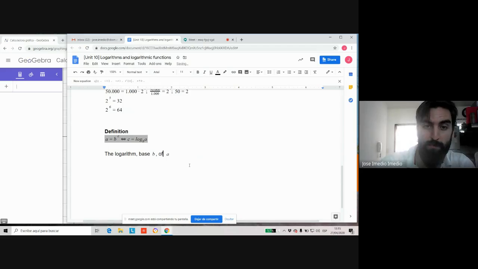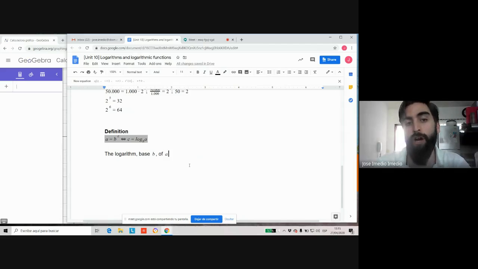Logarithm base b of a, dicho en español, el logaritmo base b de a, the logarithm base b of a